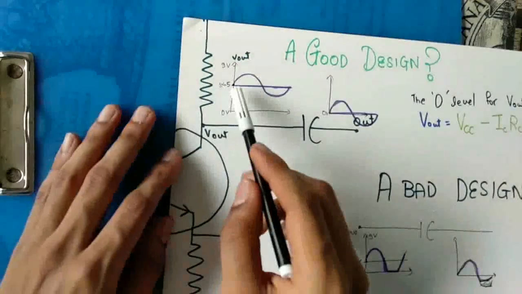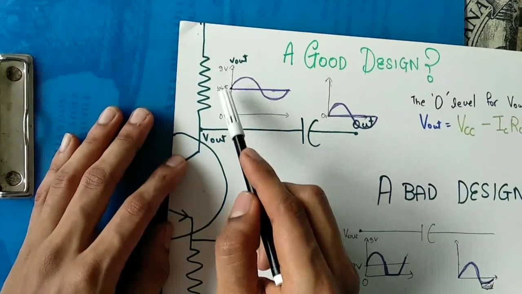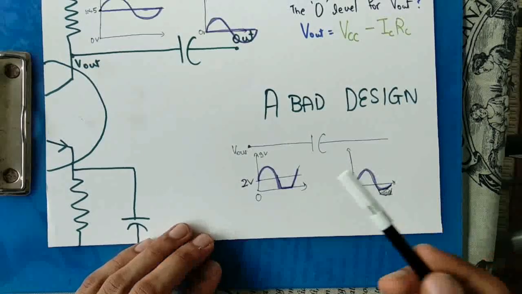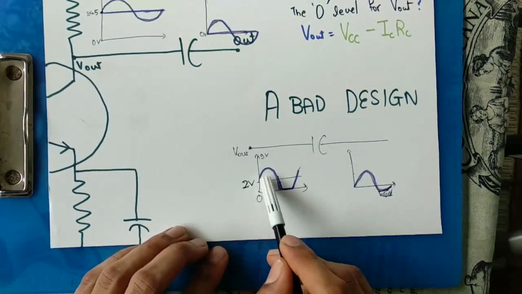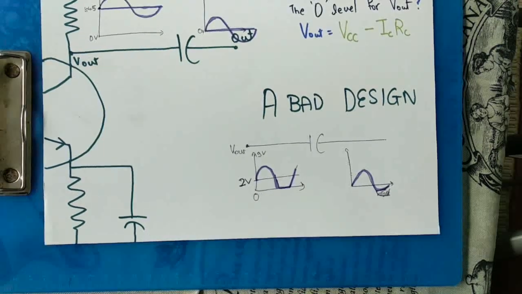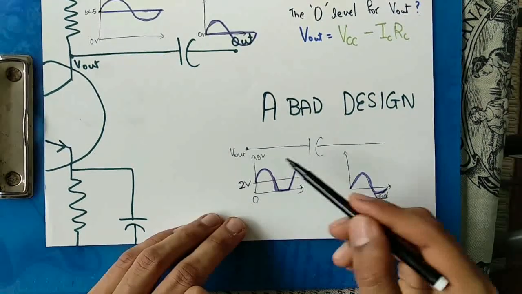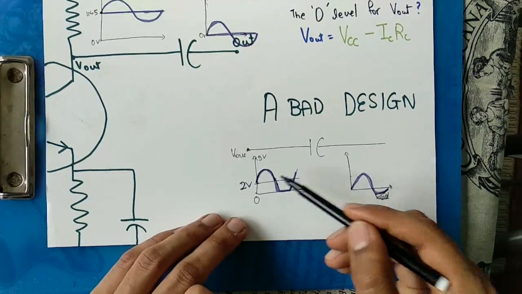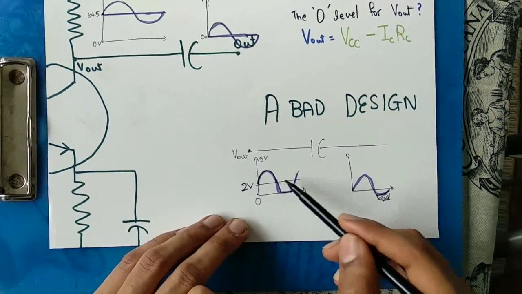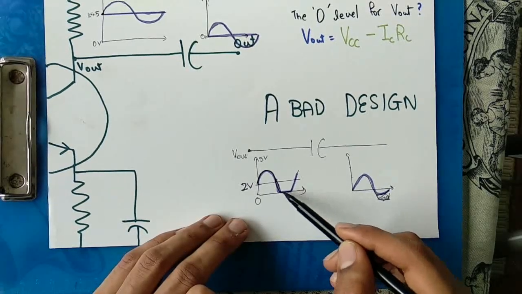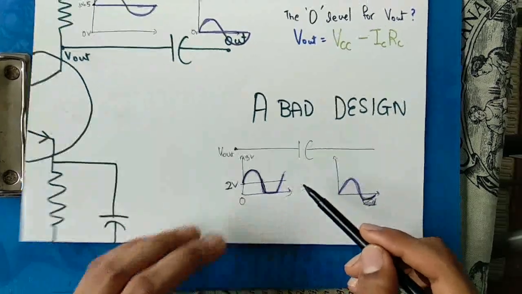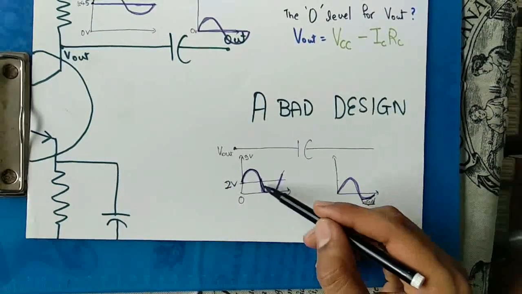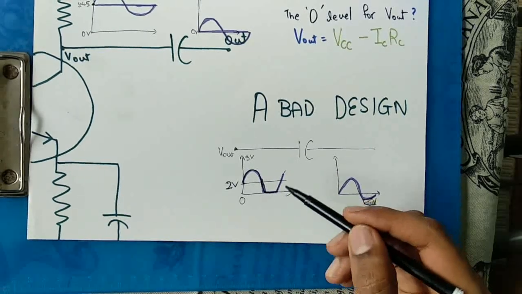So for example, if we didn't have the DC level to be 4.5 volts, if we decided the resistor values in such a way that we ended up having a DC value of 2 volts, what happens is when the signal is in the upper half, all goes fine, but the moment it reaches the negative half, it does not have the space to go below 0 volts. This is because the transistor is operating about a DC point, and you can't have a voltage that goes below 0 at this point.